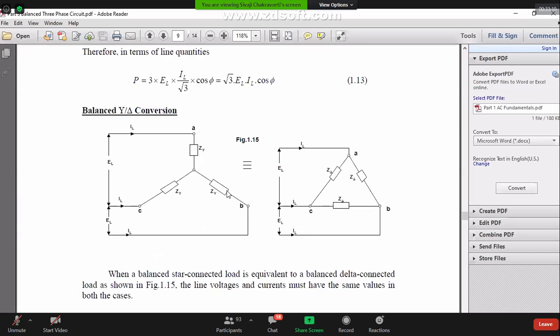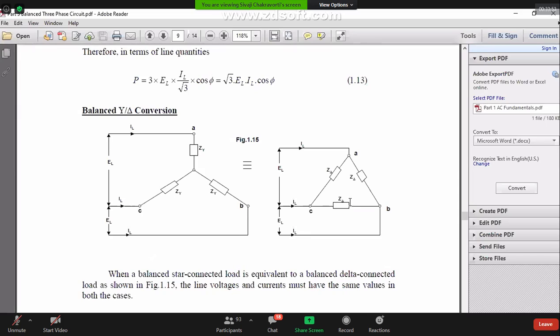That's a very interesting problem, because now it says that between any two terminals, the resistance is 3 ohm. Now I go back to a diagram of a star, then it will be clear to you. See this diagram, it's a star. Take any two terminals, A and B, forget about the lines. Just take A and B. Now if I measure the resistance, what is the resistance you get? It's a series circuit. Here, look at the mouse, it's a series circuit. So it is R phase plus R phase. That means 2 R phase.